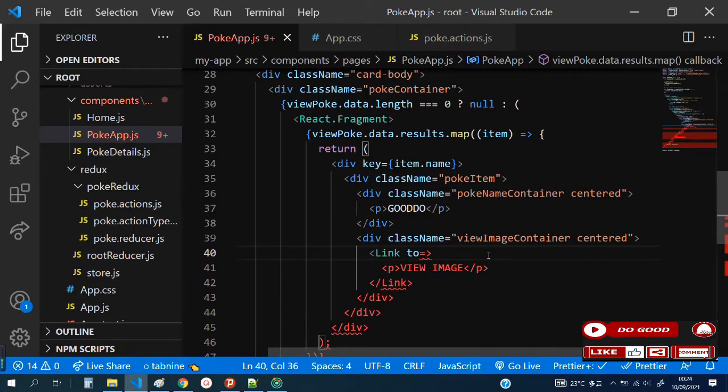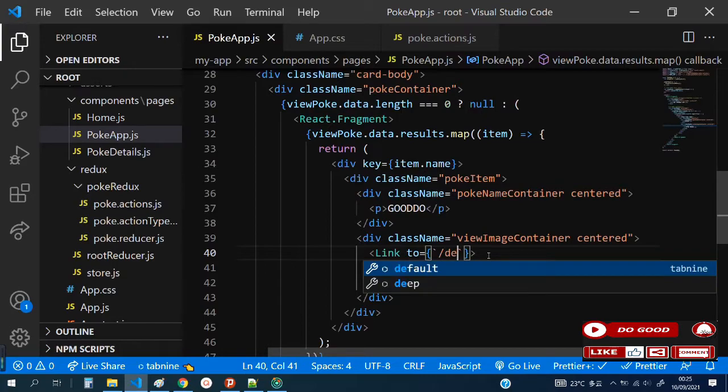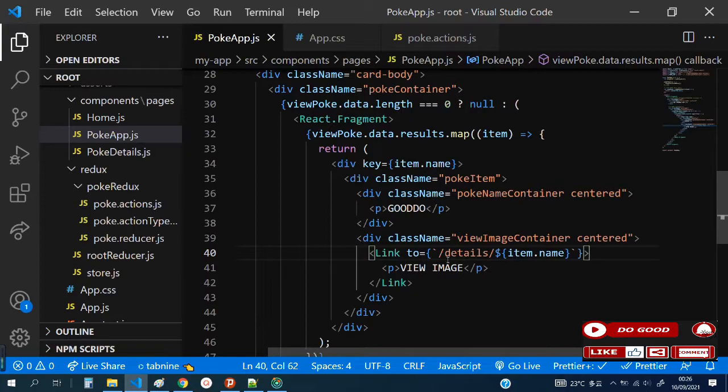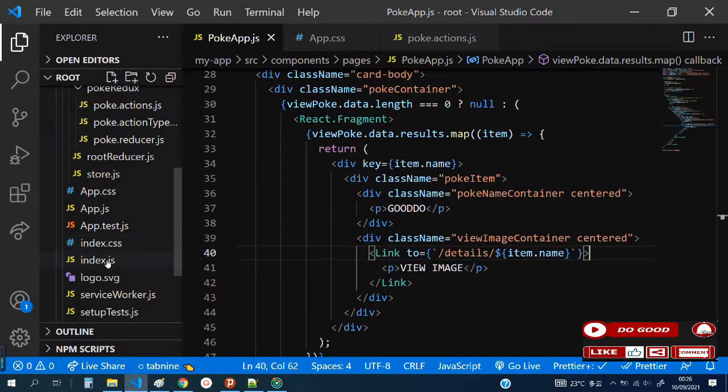Okay, make it dynamic. So we say dynamic quote, then we can say slash details, then slash, let's go to dollar sign, good. Then inside that, the brackets, we have item dot name. So this is the link we are giving to the view image to send this data to the detail page. So we need to check the app.js